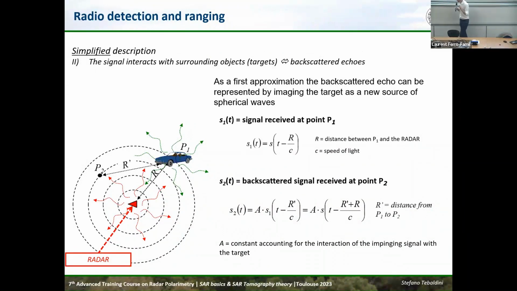But what happens if at position P1 there is something that we call a target that is able to reflect the wave? Now, the actual physics of scattering is absolutely not trivial. But the good thing is that we can always imagine that a target that receives a wave is a new generator of waves. So basically, the waves hit the target, and the target now generates a new spherical wave. So it's like having another source. So we have now a new source that is reaching any other point in space, let's say point P2, and we can express the signal at point P2 as